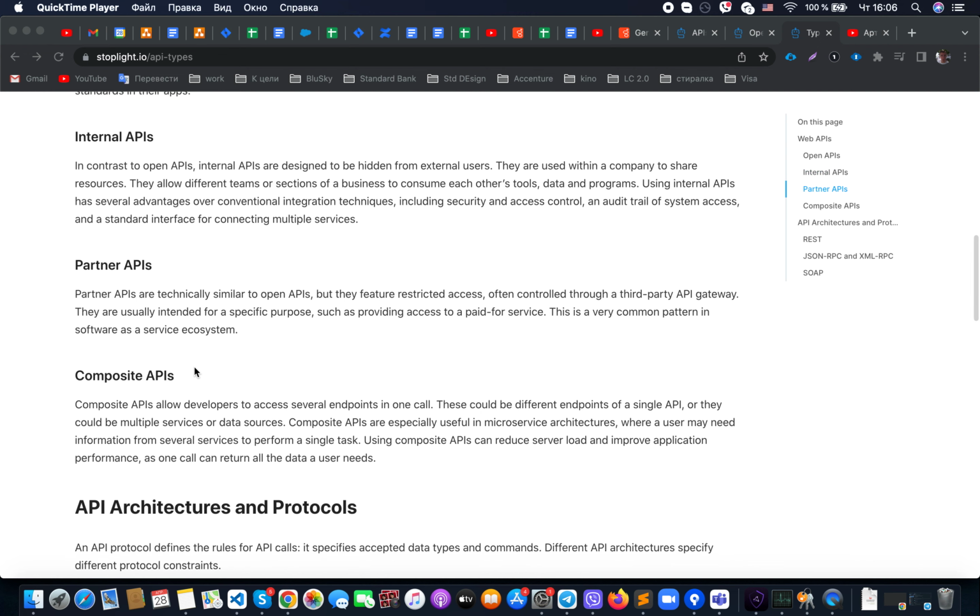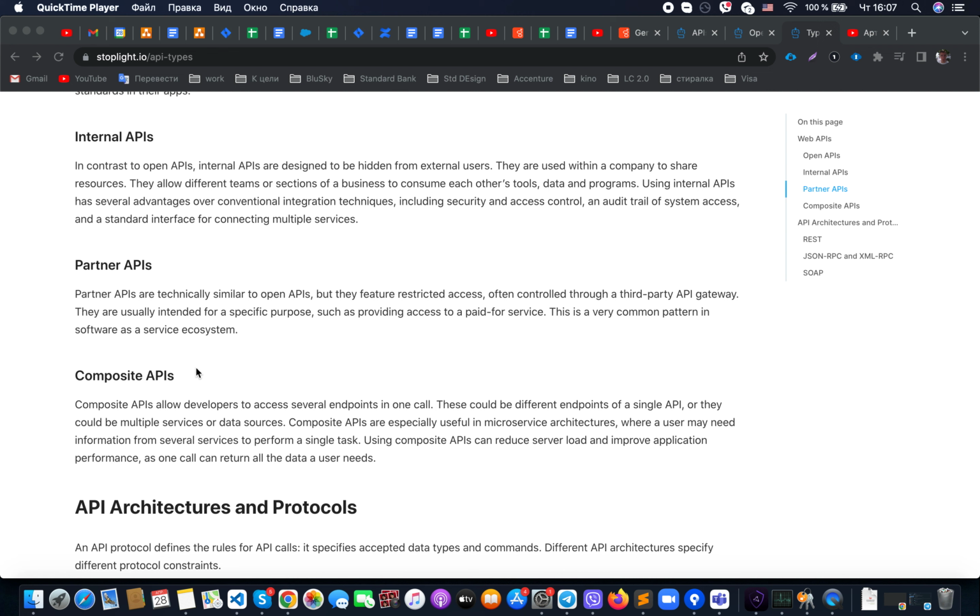And also one of the APIs that could be available, but it's a little bit, let's say, different. It's more about architecture. So, composite APIs. Composite APIs allow us to access several endpoints in one call. For example, they could be a part of one API, or sometimes we could see situations where they are actually part of different APIs or different endpoints.